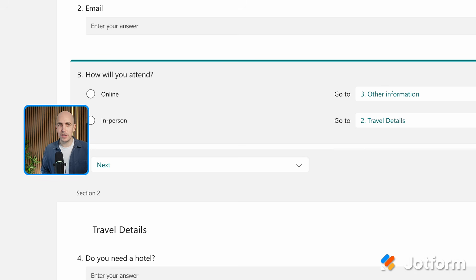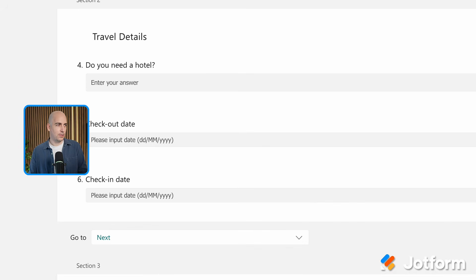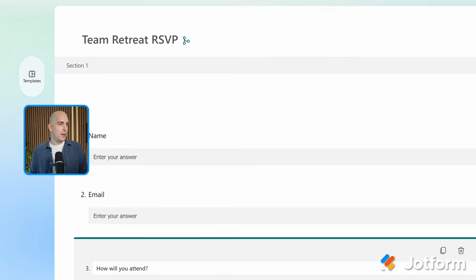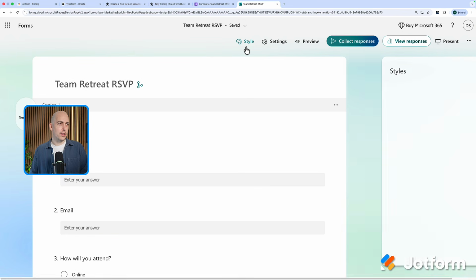One thing I will say when designing this form, the drag and drop functionality is not as good as some of the other form builders I've used today. It's a bit clunky to drag it in the right place. So it might be easier to manually click the down arrows to move things around, which can take a bit more time. Let's go back out of the branching options then,